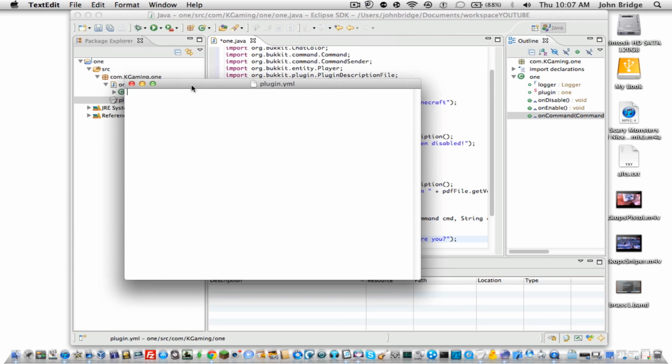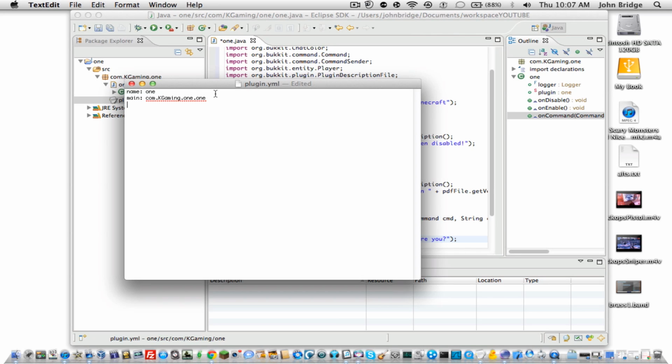So now in here you're just going to enter in the name of your plugin, which is one, main, which is your class file, so that'll be com.kgaming.1.1,